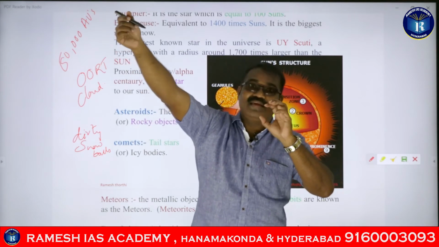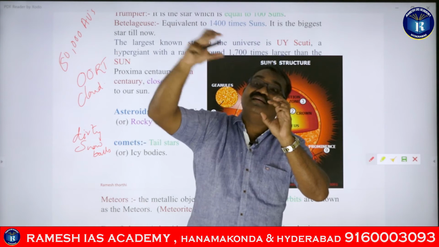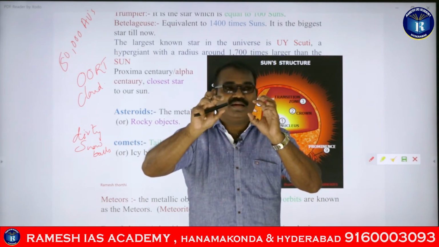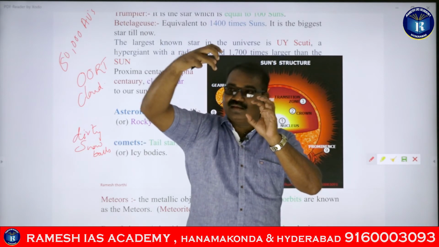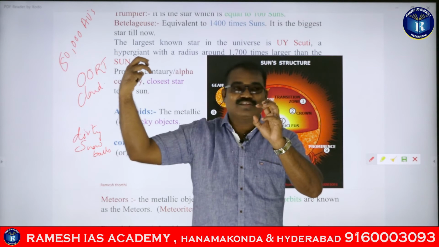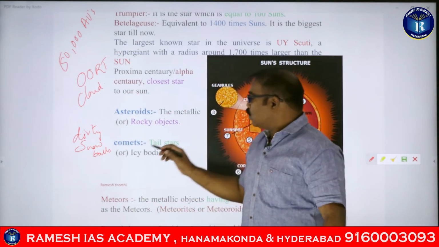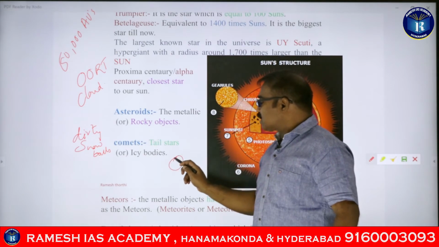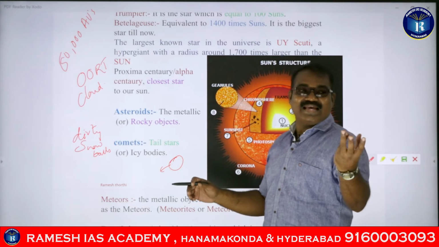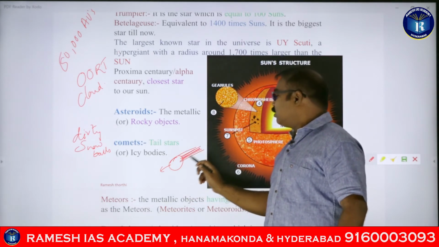So when they are nearing the Sun, and when that nearness is visible from the Earth, clear, guys? So what happens when they are nearing the Sun? Because of the increase in temperature, the ices or gases will get vaporized, right? So this dirty snowball is coming this way, let us suppose. When the gases melt, automatically what happens? The gases will be trailed behind.